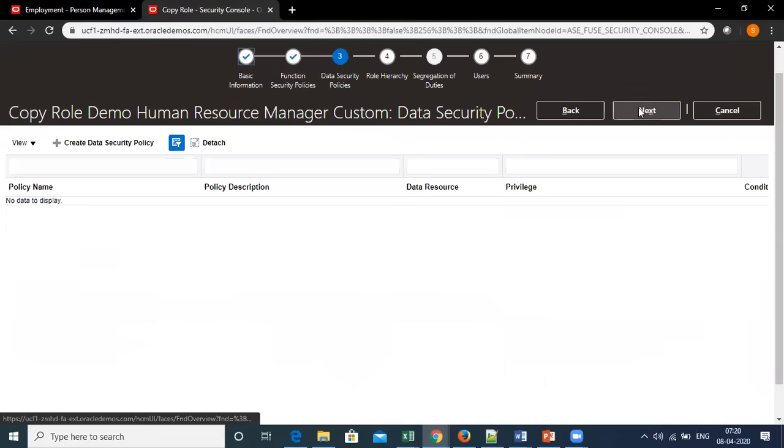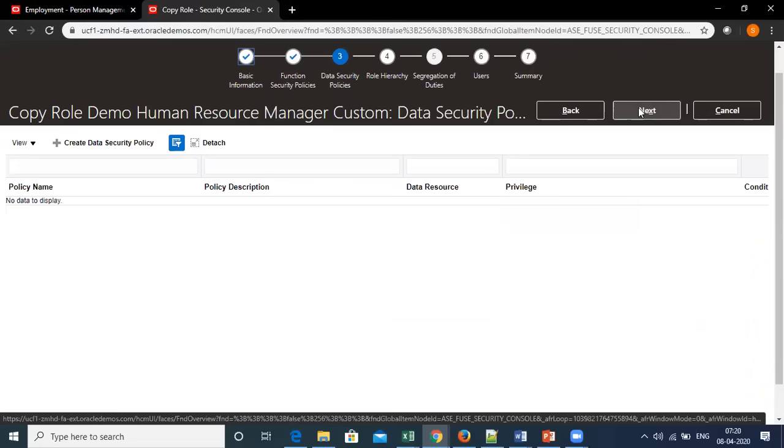this is data security policies. As the name suggests, data security will be modifiable from here, but primarily we will check out another area where your core security regarding the data is modifiable or accessed from.